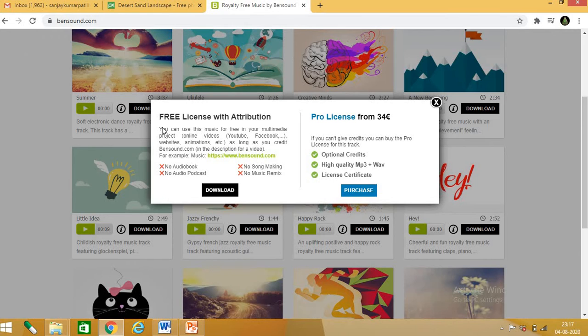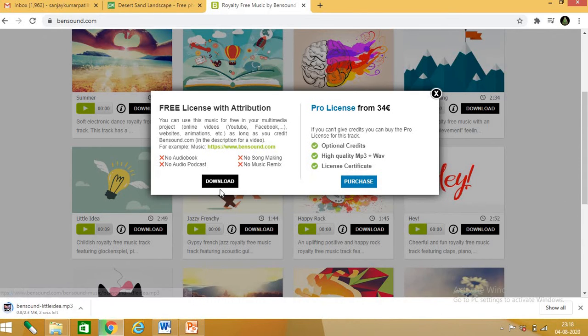Here free license with attribution means you have to mention the person who has uploaded this audio. Then one more thing is there, you can purchase also, that option is given. So best for educational use we should download freely, free license with attribution. So you can click on download. So here the audio is getting downloaded, this one.